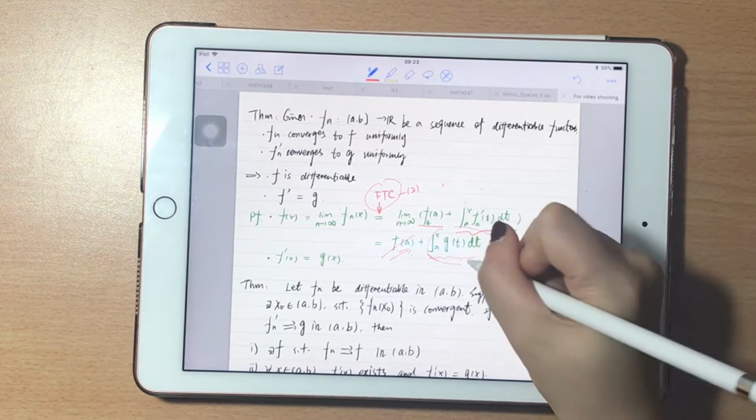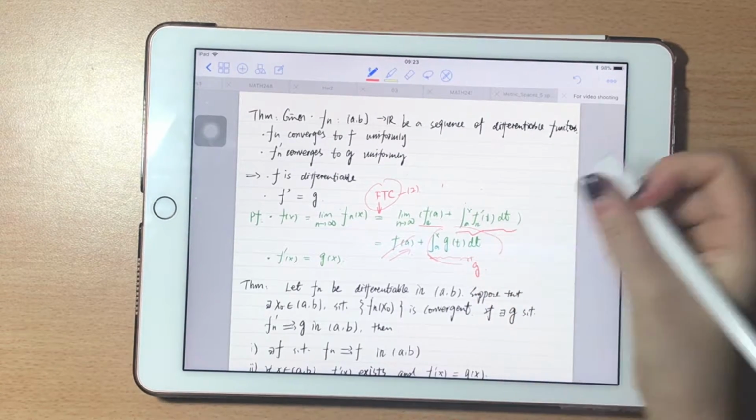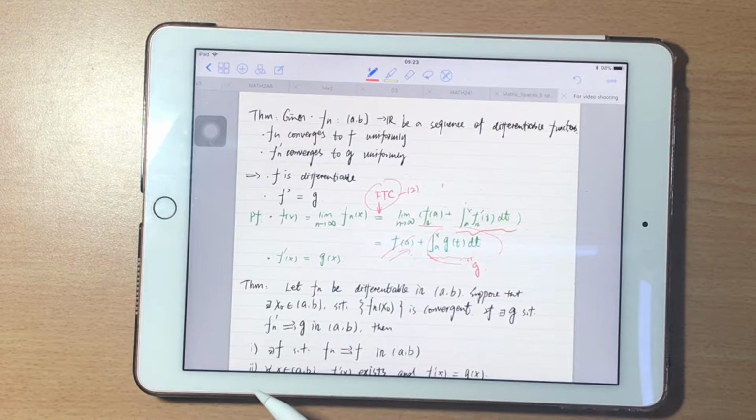I'm sorry, it will be g, and the left hand side is f prime, so f prime is equal to g. This is the theorem of the differentiability of a sequence of functions, a sequence of uniformly convergent functions. Okay, but actually we have another theorem quite similar to this one, but a bit different in the conditions and